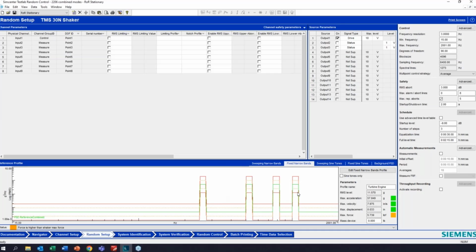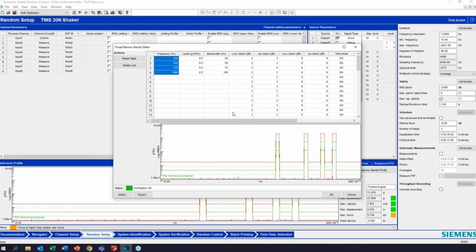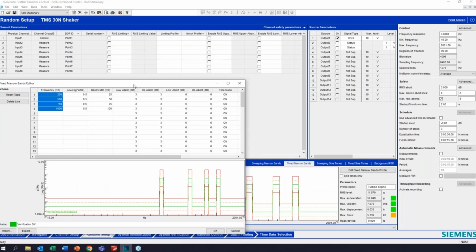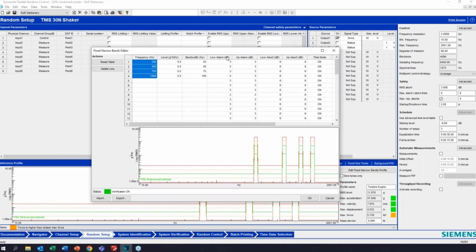And now I have these fixed narrowbands based on this jet engine specification, or turbine engine specification in the MIL standard. And fixed narrowbands has you set a center frequency and then a bandwidth and a level. These can only be flat. You can't create a profile. If you want to create a profile, you have to do that in the sweeping narrowbands.